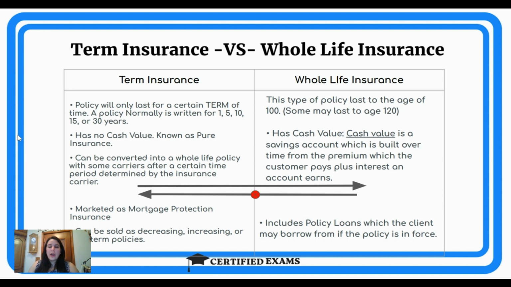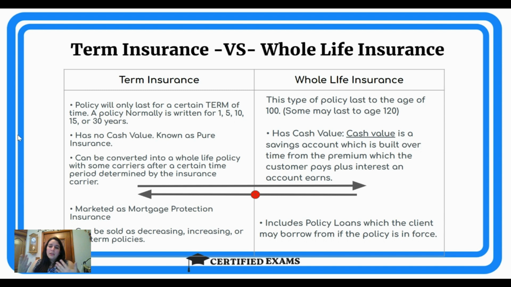The company and the contract are going to determine how long somebody has to wait from when they start their term policy. All right. So you may have a 10-year policy, and one company may say, well, at year 5, the customer will have a choice between whether they want to change it into a whole life policy. Basically, all that happens is they are automatically going to get approved. Their premium is going to go higher, and they're going to start saving up money in that cash value policy. If they say no, thank you, basically their policy continues for the 10 years as a term. It expires at the end and behaves just like a term.